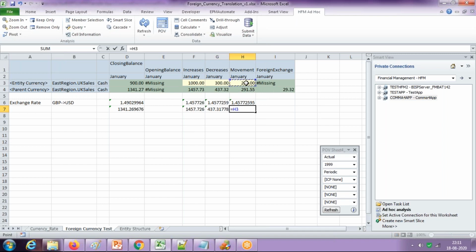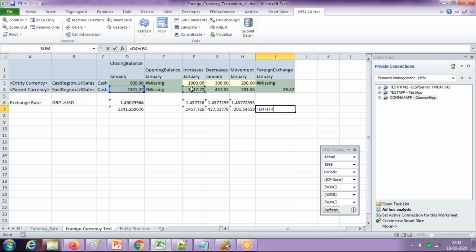Movement multiply by currency exchange rate. So this is how you get the value, right? All these three values. Now the final outcome is closing balance. How do you get this 29.32? So you take closing balance plus increases